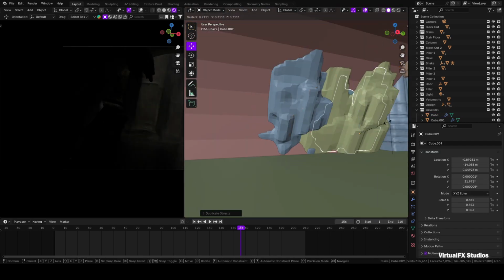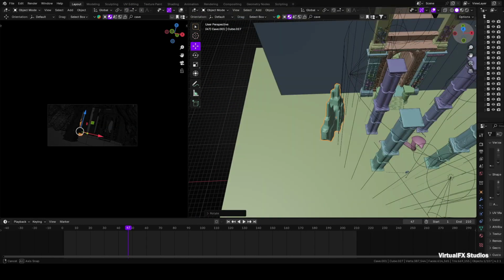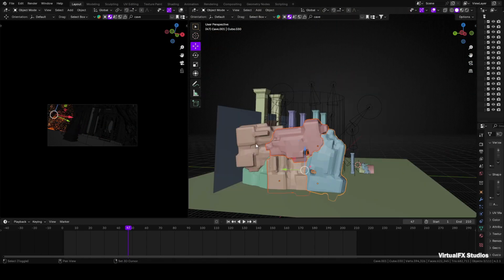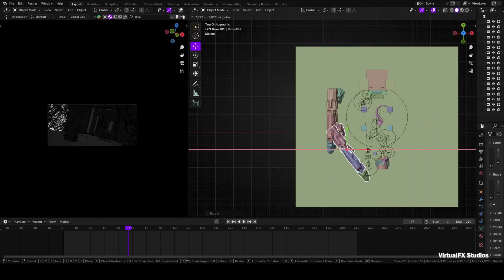I applied this texture, which you can get for free from Blender Kit by searching for cave. Make sure to apply this texture to all the rocks. You can also duplicate these cave rocks and place them on the sides, creating a nice impact in the dark areas of the scene. Now we need two things: one candles and two concrete panels.